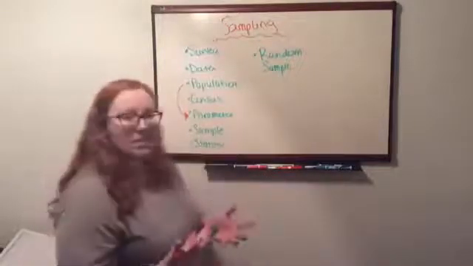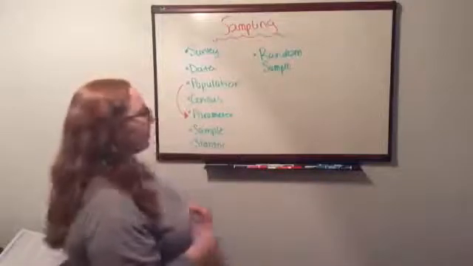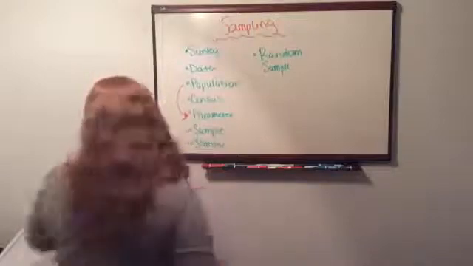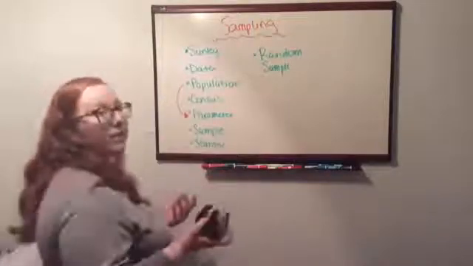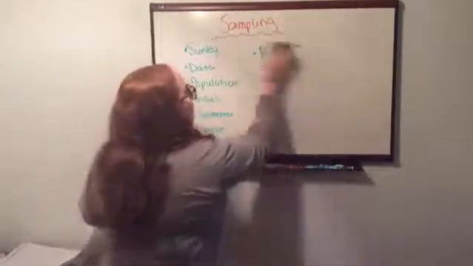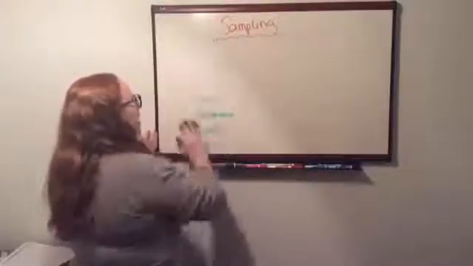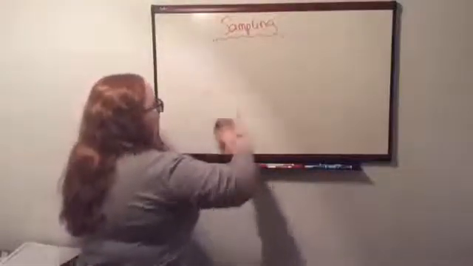So we're going to kind of see what this looks like. We're going to do 2 different kinds of samples and see if they are random or not and whether they are representing the whole. So we are going to be looking at U.S. presidents today and how old they were when they were inaugurated.